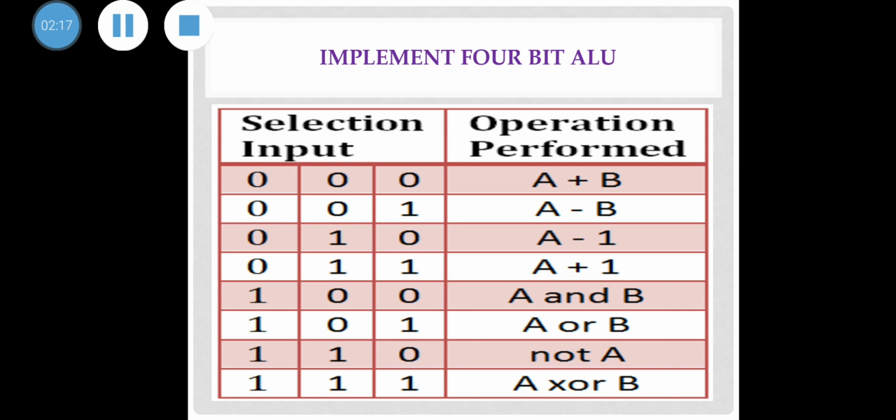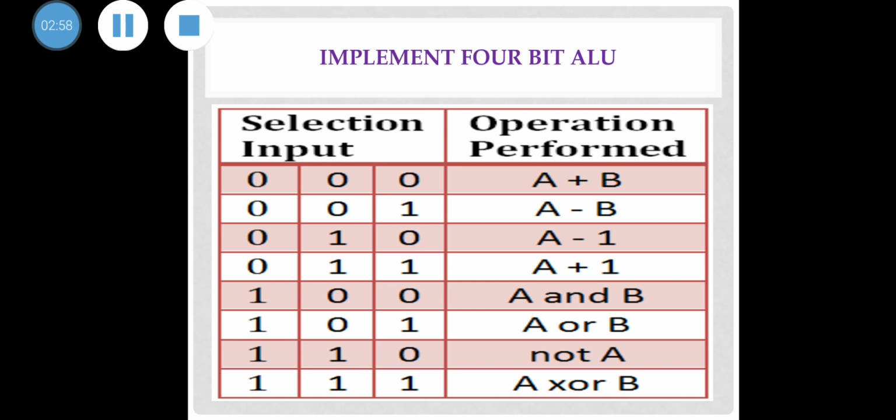When the select line is 100, binary inputs A and B will be ANDed. So here the logical operation takes place and the logical operation is the AND operation. And if the select line is 101, then the logical OR operation will take place between A and B. When the select line is 110, A will be inverted. And when the select line is 111, the XOR operation will take place between A and B. So this is the truth table of the 4-bit arithmetic and logic unit, which we will be implementing using